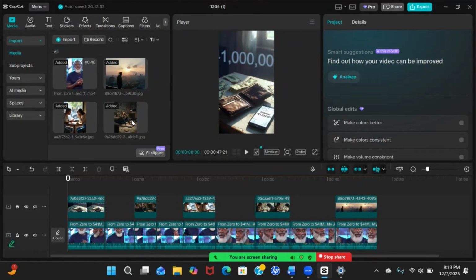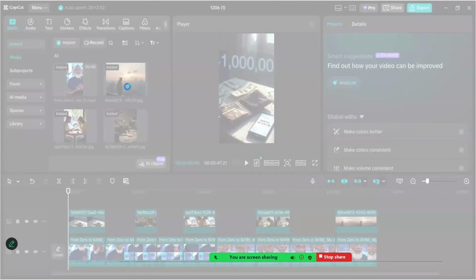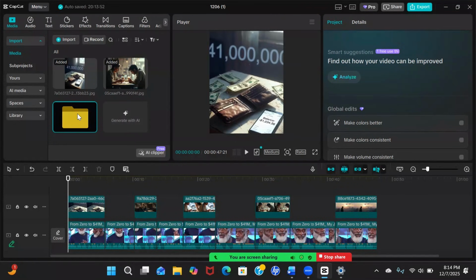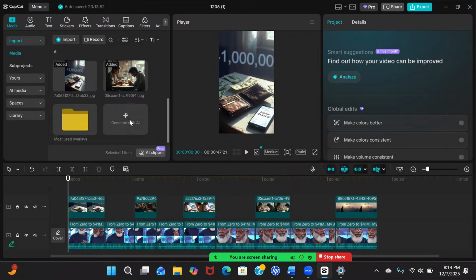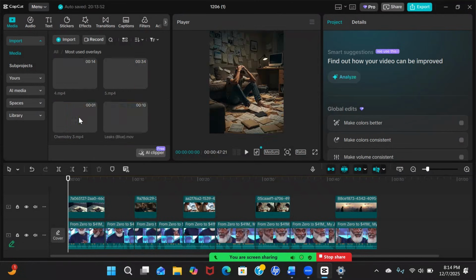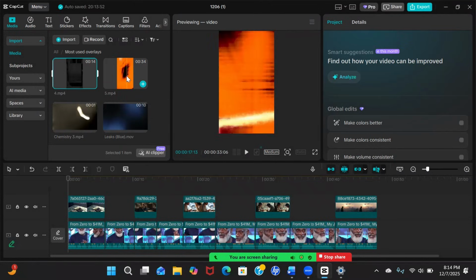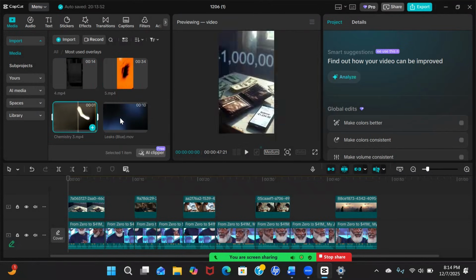So I'm importing the folder. It's going to take time. I think my CapCut is lagging. Perfect. Here are my overlays. The folder for my overlay. See, I have a lot of them here. I have this one, this one, this one, this one,